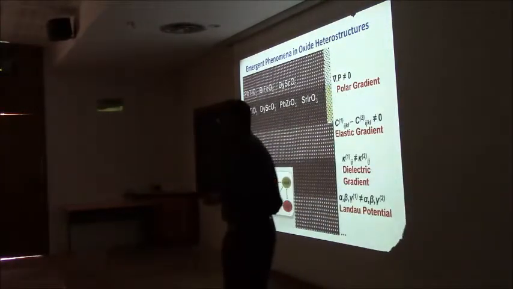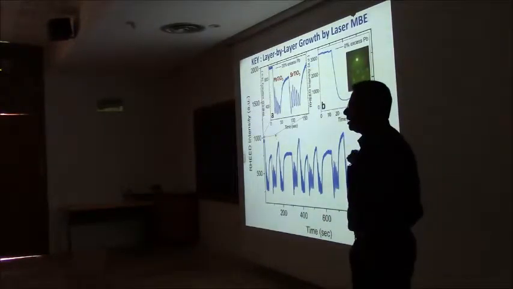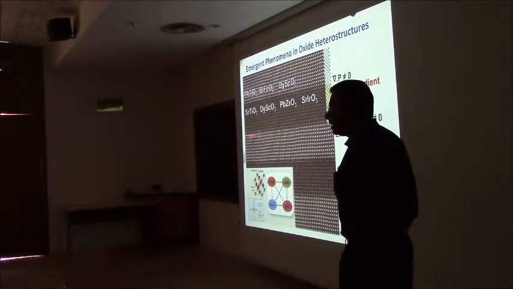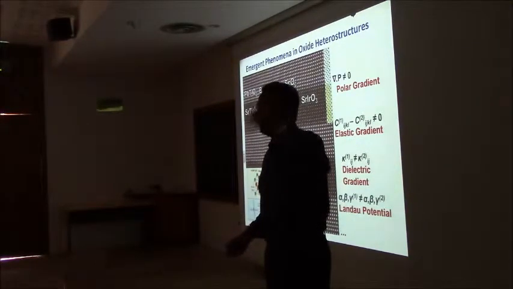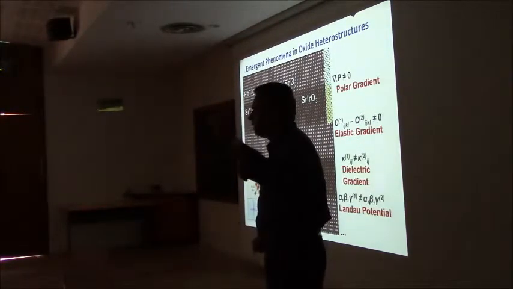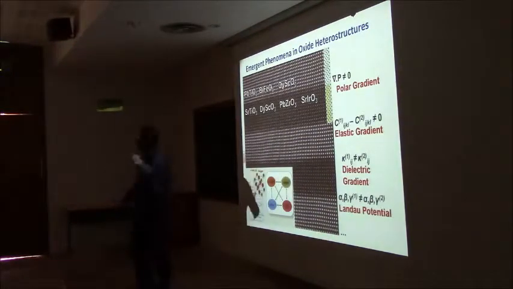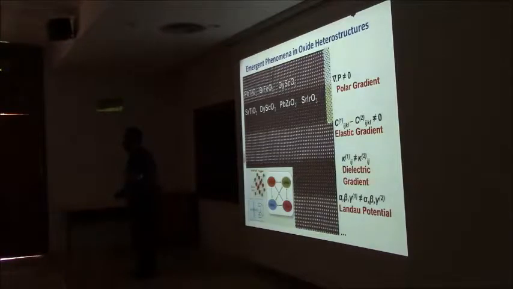With all of the techniques that we have today, that brings us to this slide, which is really very important. Now, everything that I showed you here is atomically terminated, meaning that I can go from within 1 unit cell, 4 angstroms, from lead titanate to strontium titanate. Which really means you need to have the control in the synthesis part of it to be able to say that. Okay. That's not trivial, which really means it has to look and feel like a molecular beam epitaxy process, where I can put layer by layer. I put a titanium dioxide layer, go in and put a lead oxide.